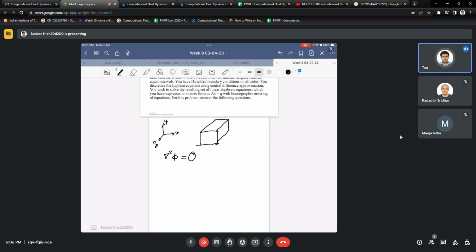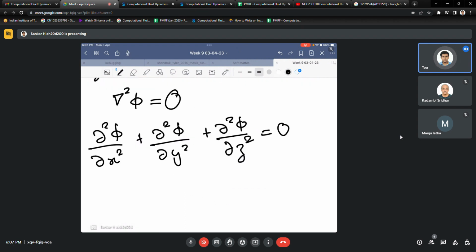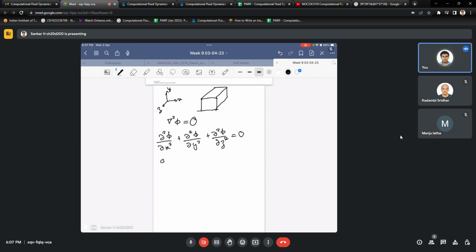Now we'll expand this del square phi. We'll write this as dou square phi by dou x square plus dou square phi by dou y square plus dou square phi by dou z square should be equal to 0. Now we discretize this using central difference method, which can be written down as phi i plus 1 j k minus 2 phi i j k plus phi i minus 1 j k by delta x square plus